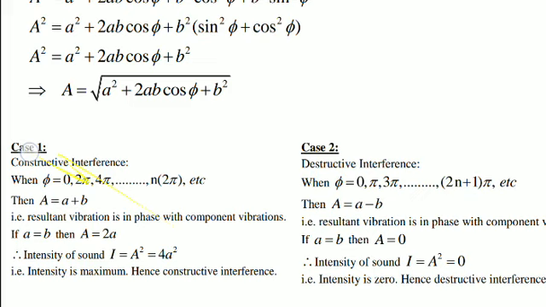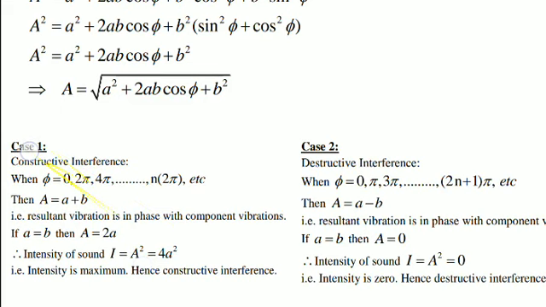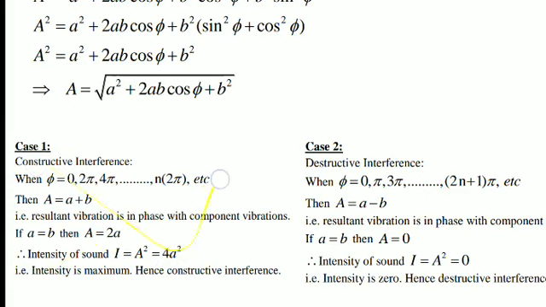Now if small a is equal to small b, then what will happen? Capital A will be equal to a plus b, that will be a plus a, equal to twice a, and therefore the intensity, which is equal to the square of the amplitude, will be the square of twice a, that is 4a square. Therefore I told you earlier that the amplitude may become twice that of the individual wave, but the intensity becomes 4 times the individual intensity, because the individual intensity is denoted by I only. So its intensity will become 4 times here. Therefore such a pattern is called a constructive interference.